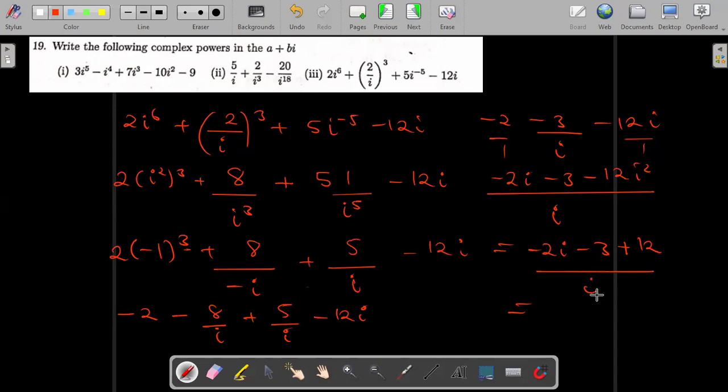I can add this part. So when I add this part, I just get 2i like that. Then this here gives me plus 9. Then I have it over what? Over i. Of course, you can say that you're dividing i into there, i into there, but then you want it in the form where you have